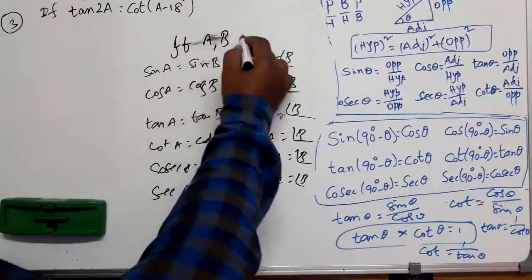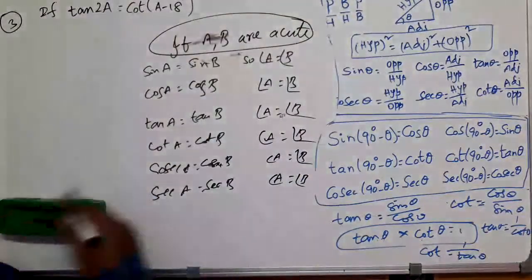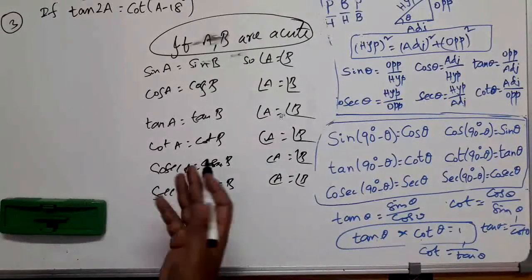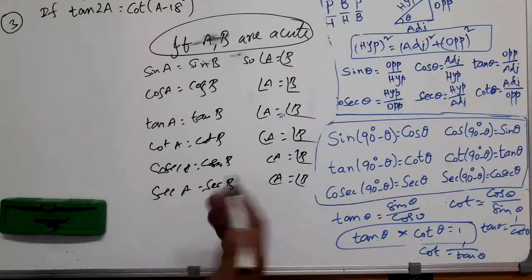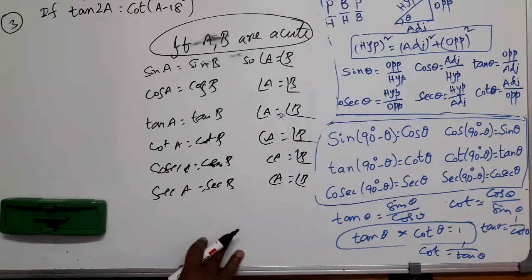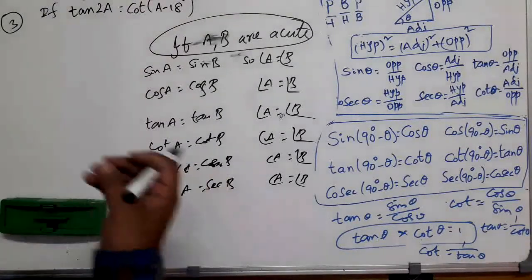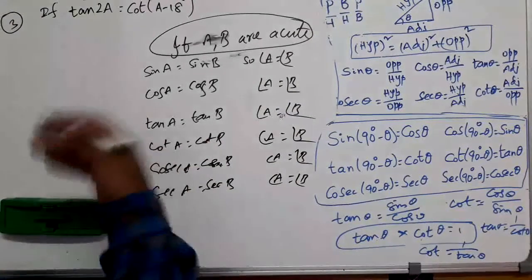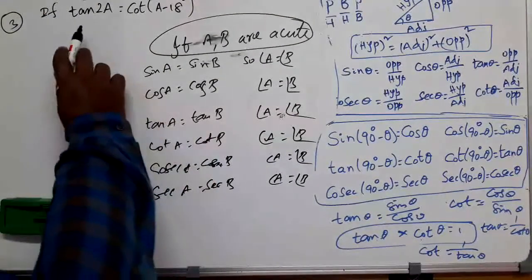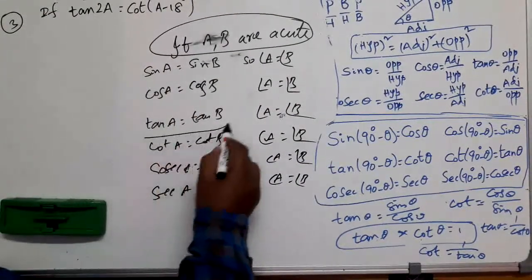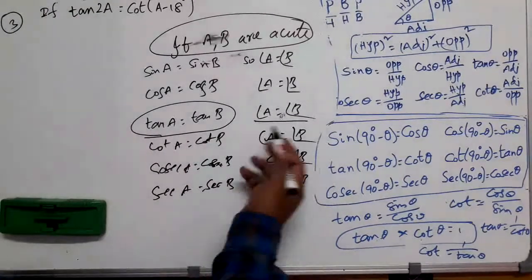This is all possible if A and B are acute angles, less than 90 degrees, between 0 and 90 degrees: 10, 20, 30, 15, 89 and so on. You can have these relations. Because this is 10th class standard, the questions will be framed like that. If you have the relation tan A is equal to tan B, you can get this relation, that is, angle A is equal to angle B.